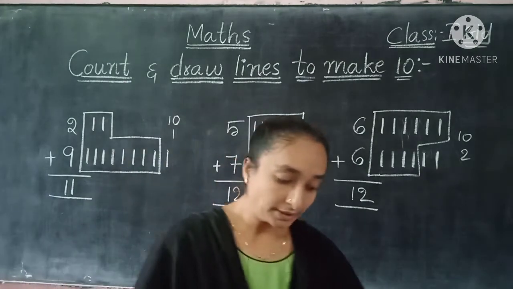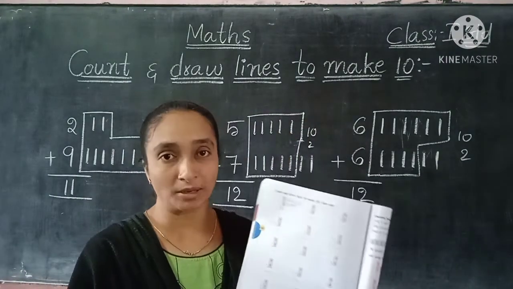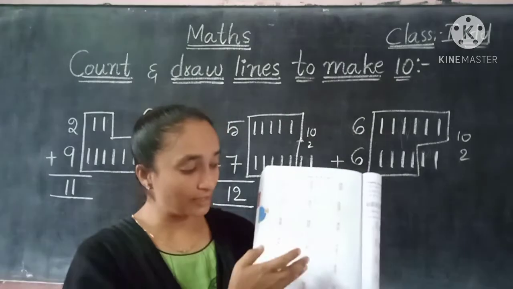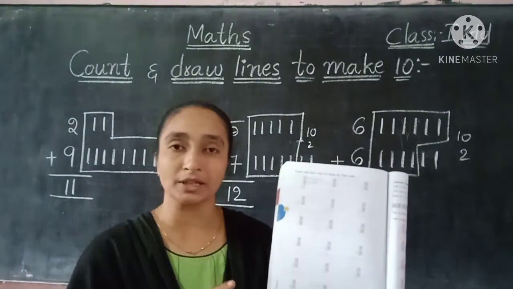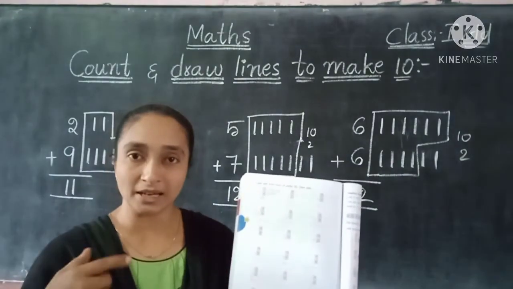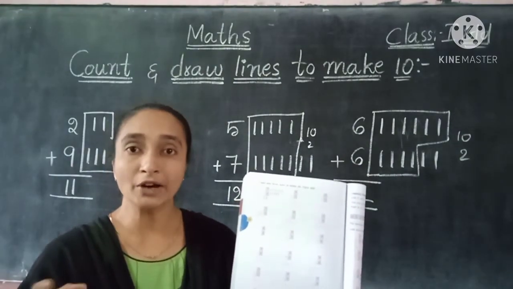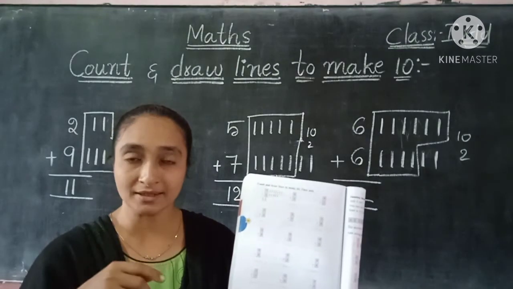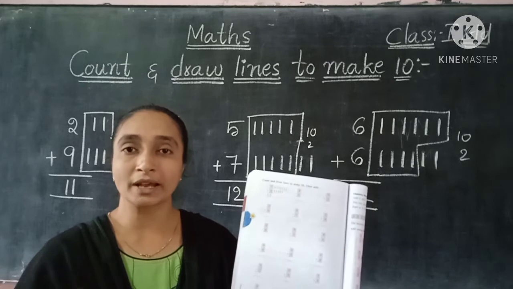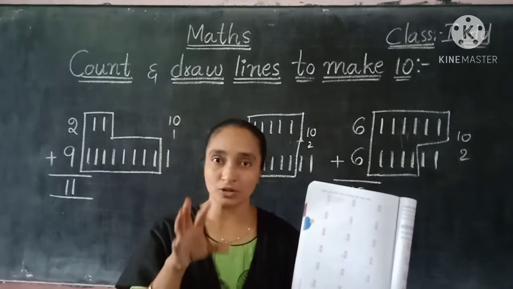So children, the remaining sums you should complete in your textbooks. Nothing to worry, very easy children. In the same way, the numbers they have already given there. What we have to do, first of all, for the number we get, that many lines you draw. After that you make a box of 10 lines and the remaining lines you can count, and easily you will get an answer. So 10 plus, already we have made a box of 10.